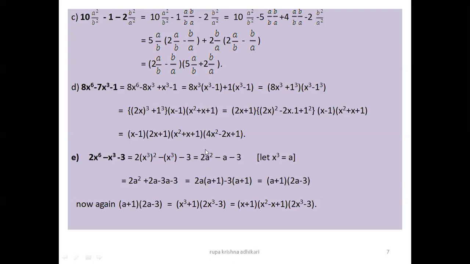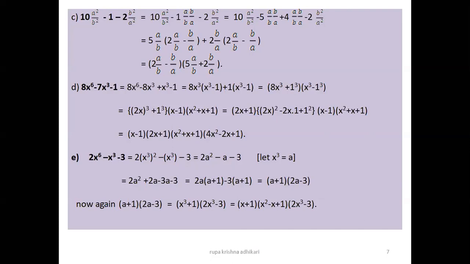On multiplying a into c, minus 6 and sum minus 1. So what are the two numbers? Product is minus 6, sum is minus 1. That is plus 2 and minus 3. Hence minus a is written as plus 2a and minus 3a, and take out common, hence the result.